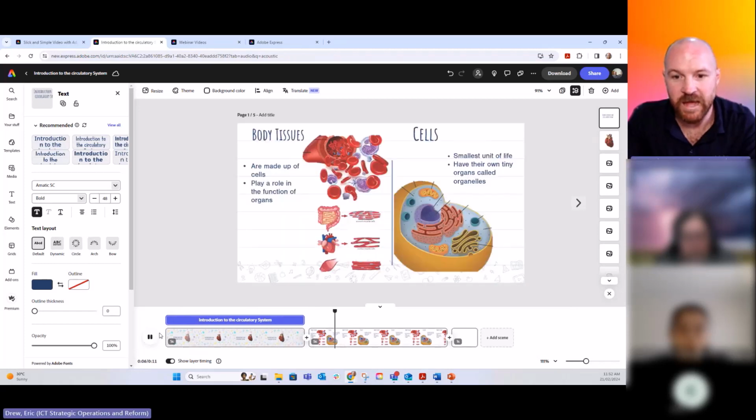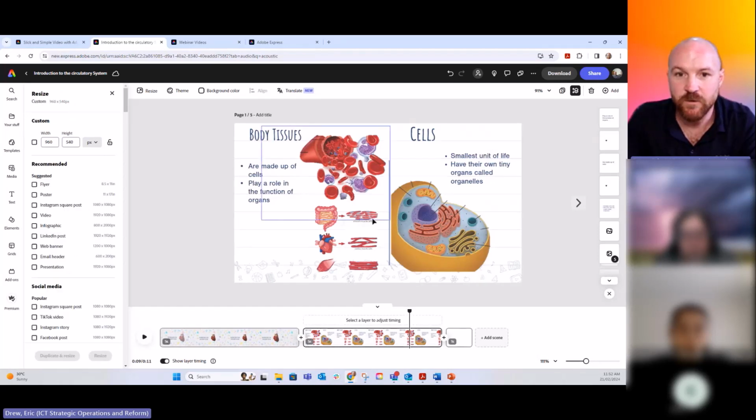All right, happy with that. And then this slide here isn't animated. So to animate, what's the first thing that I want to animate in? I'm going to do the cells part first. So I want to have